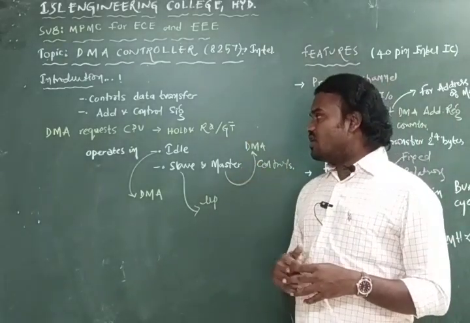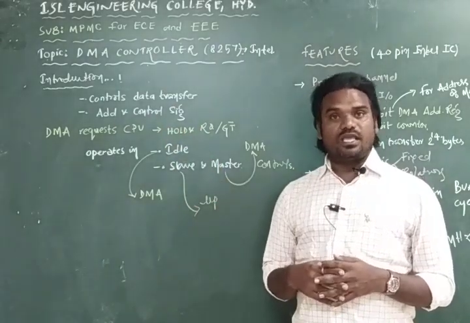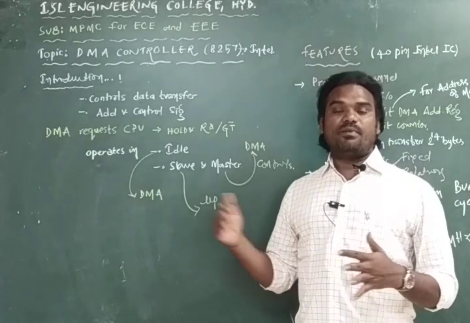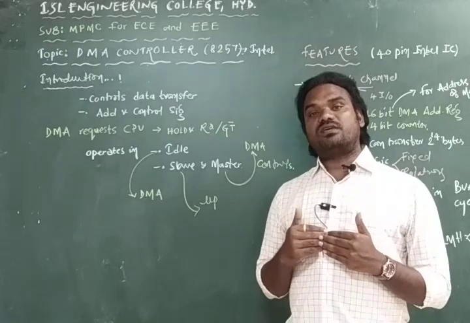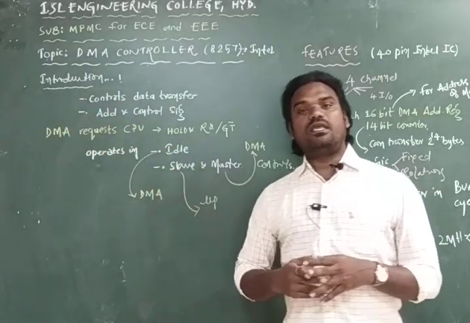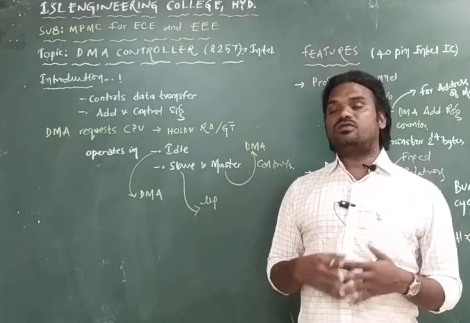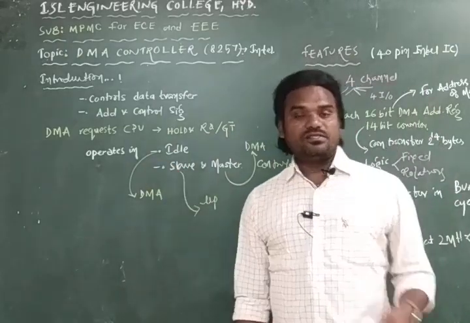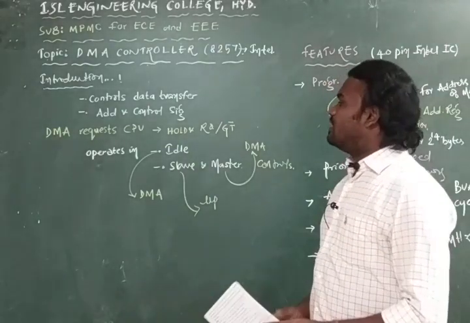In such cases, all the input output devices and the DMA controller are also interfaced with the processor, so it is called the maximum mode of operation. The DMA controller is also a processor; it acts as a processor. Since it is interfaced with the 8086 microprocessor, more than one processor is being used, so it is named the maximum mode of operation. And here the DMA controller can be operated in 3 states,